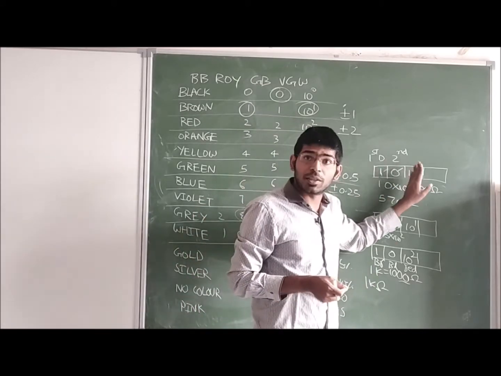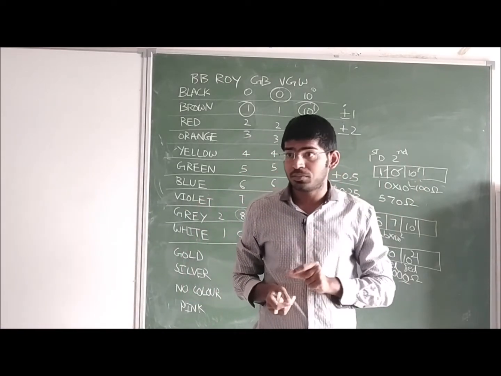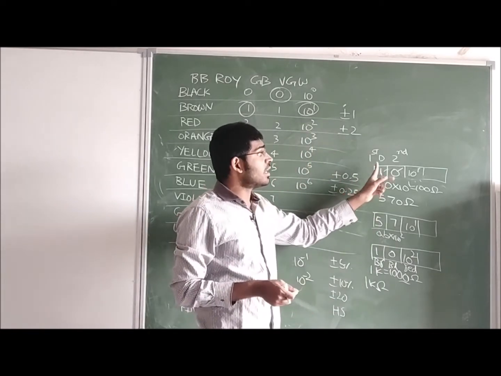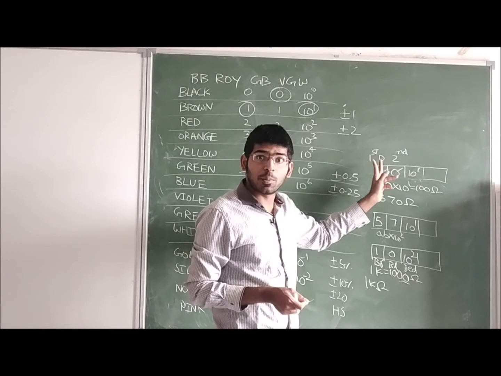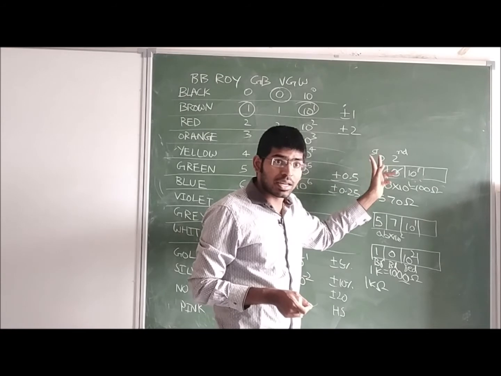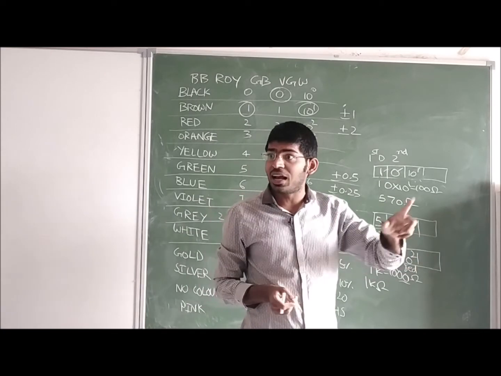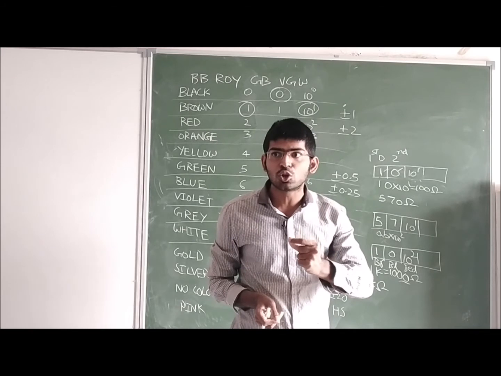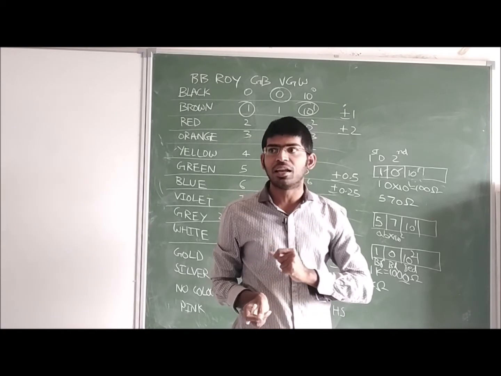In this 4-band resistor method, we are taking 4 bands. What are those bands? Each band is having a particular color. Every color is indicating a particular value. This band, if I indicate black color, it indicates 0. When I represent this band with brown, the brown color indicates the value 1. When I indicate this band with red, it is indicating the value 2. When I indicate that band with orange, that is indicating the value 3. So each and every color has its own value, and the value definitely lies between 0 and 9.